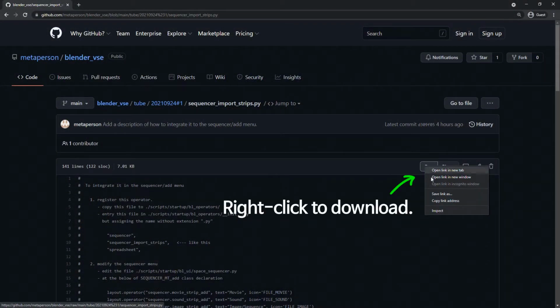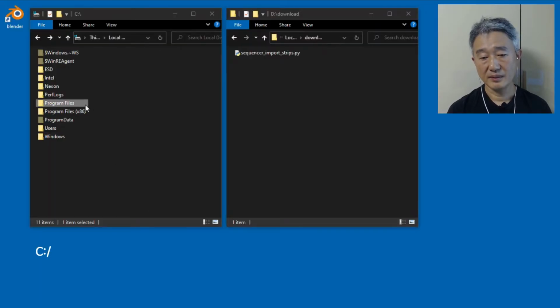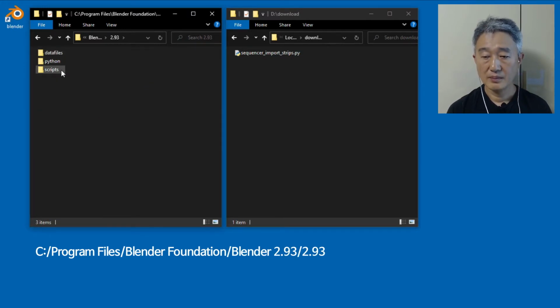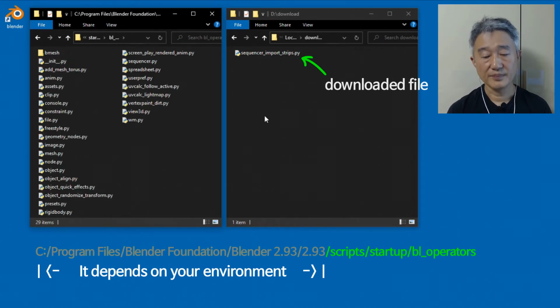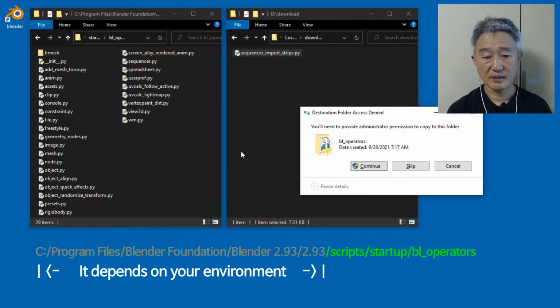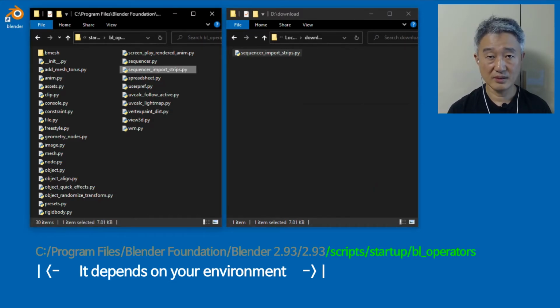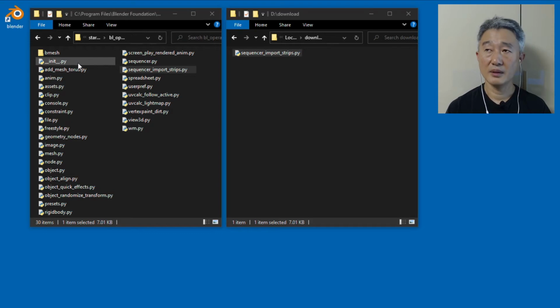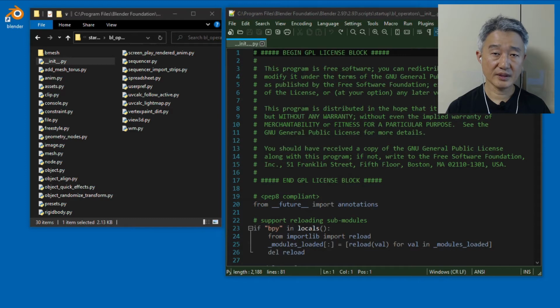Download the operator file from the link in the description section, then copy it to the path scripts, startup, BR, operators. The actual path may differ from your environment, but the last three directories have to be identical to this. While Tin told me we need to edit sequencer.py, I will edit init.py to preserve the original source code